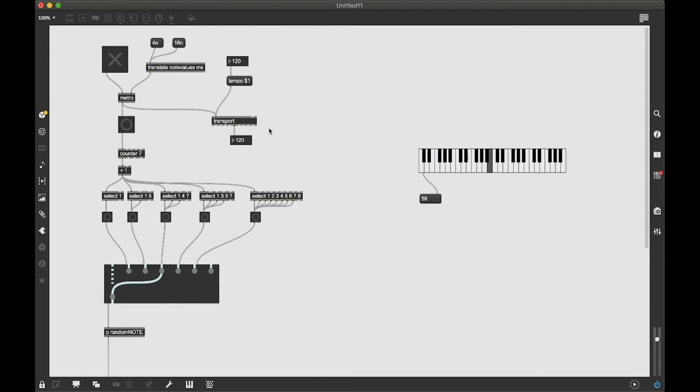I'm going to stop this for a second now. Apart from clicking and changing the connection on the gswitch, what I can also do is, if I send a number to it, I will be able to change which connection is the one that is open. So if I send a 1, 0, a 4, 3,